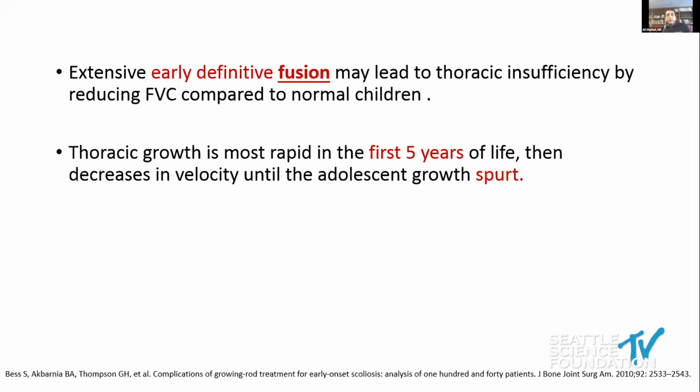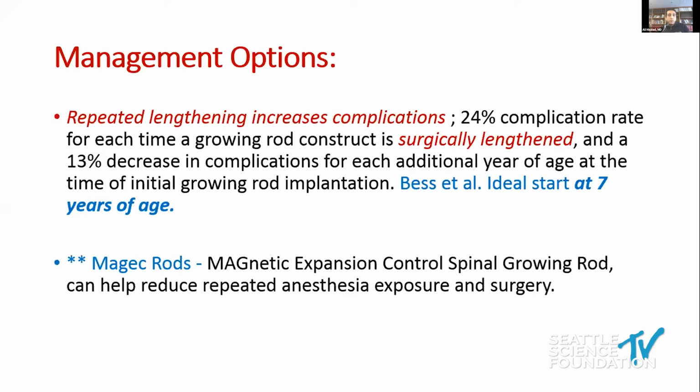Also, on the other hand, early treatment by extensive fusion would lead to thoracic insufficiency in those patients and reduced vital capacity. So they need to be treated differently than definitive treatment early on. And as we know, thoracic growth is mostly rapid in the first 5 years of life, then it kind of declines and then starts to accelerate again along with the growth spurt. So the management options in those patients are,